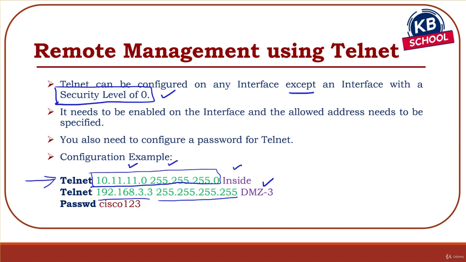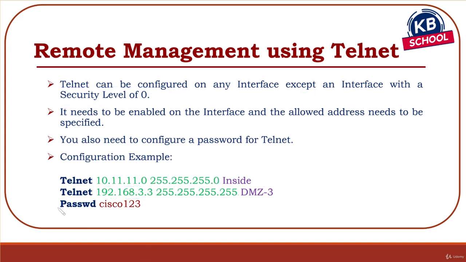These are your source addresses that are allowed to telnet into your ASA firewall. Now, in order to do that, you need to set up a password. The password is set up by using a global config command called passwd. So passwd sets your telnet password. So when you telnet into your ASA firewall, the prompt that you'll be given for the password, you need to